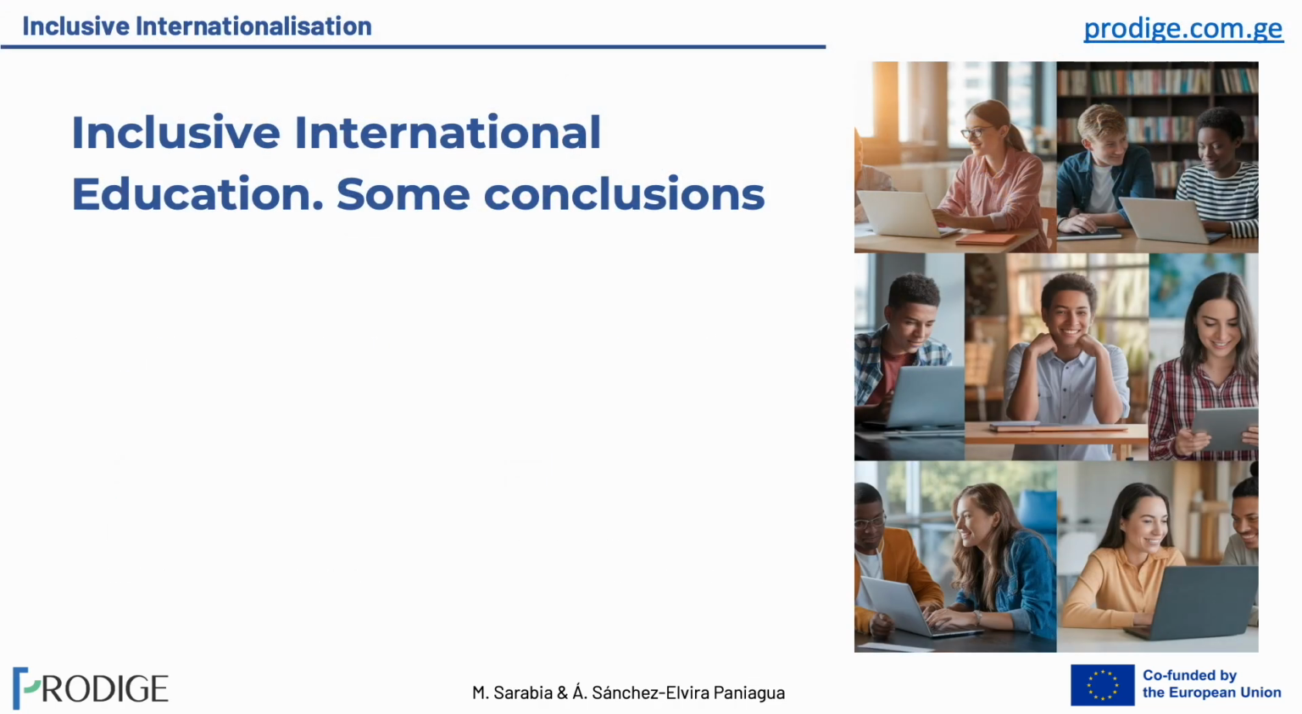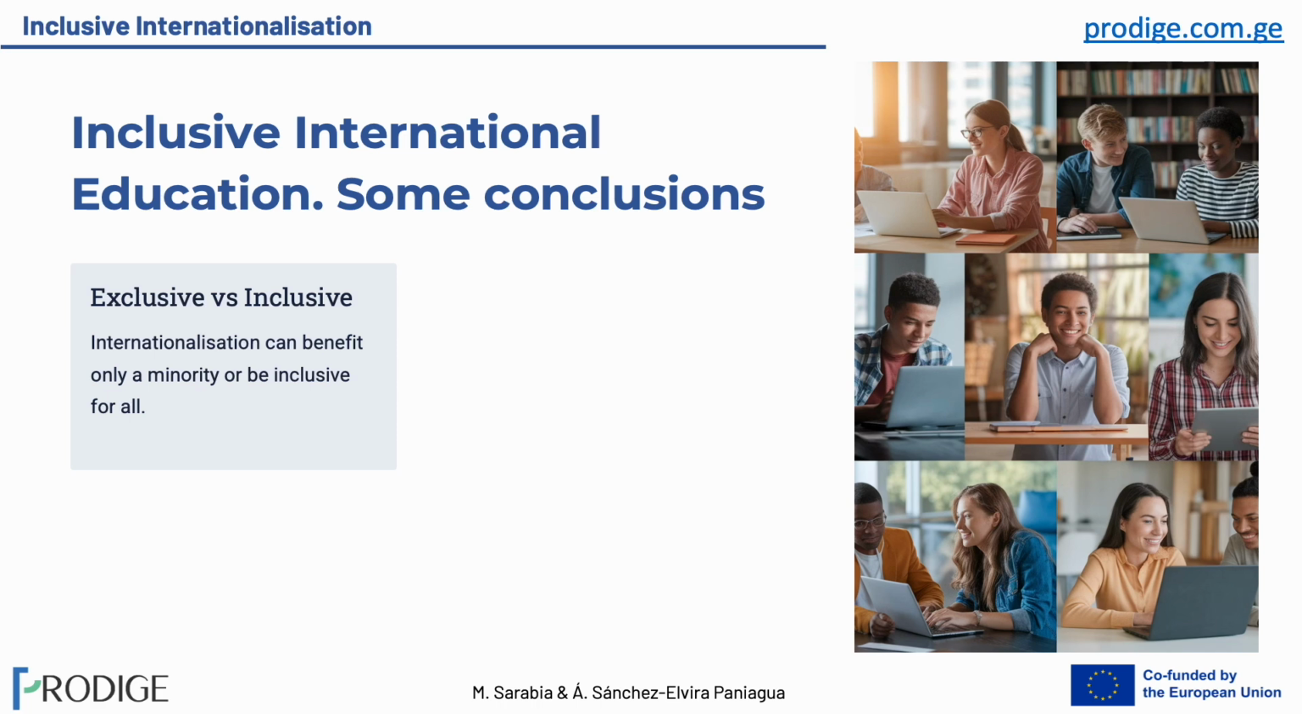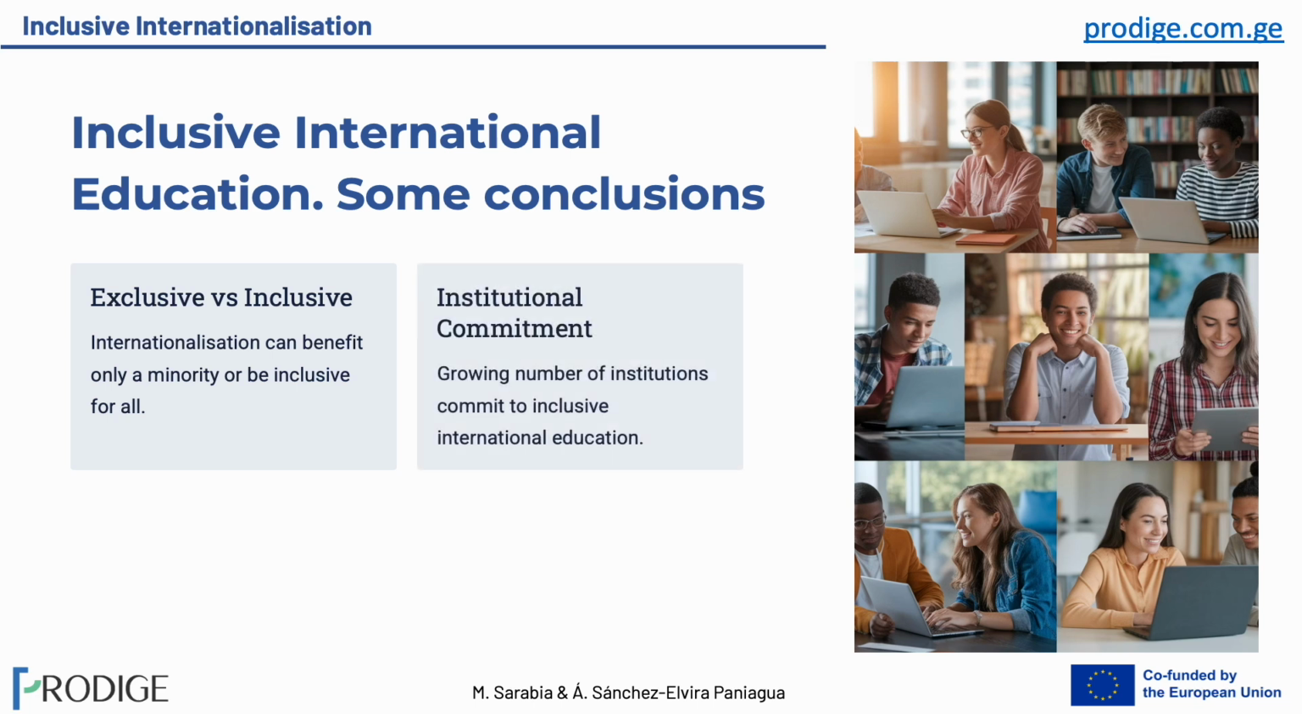We want to conclude by emphasizing some crucial ideas. Internationalization in education can take two forms, exclusive or inclusive. While some approaches may benefit only a minority, others are designed to be inclusive, ensuring all students can access global learning experiences. Fortunately, there is a growing institutional commitment from universities worldwide to make international education more inclusive. More institutions are recognizing the importance of ensuring that all students, regardless of their background, personal characteristics, or financial resources,